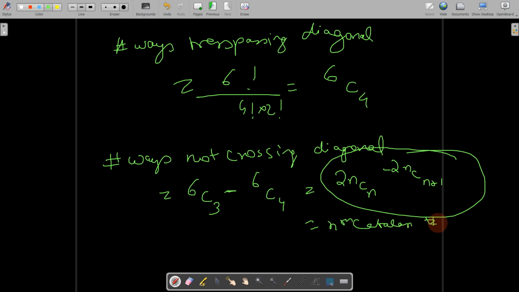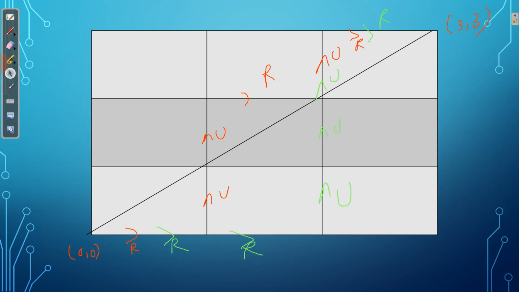Okay, so in the next video we will see another example where Catalan number is used, that is how many ways we can triangulate a polygon. That is another example, and a real life art gallery problem, which is solved using Catalan number and graph theory. We will see it in the second part. Till then, bye bye.